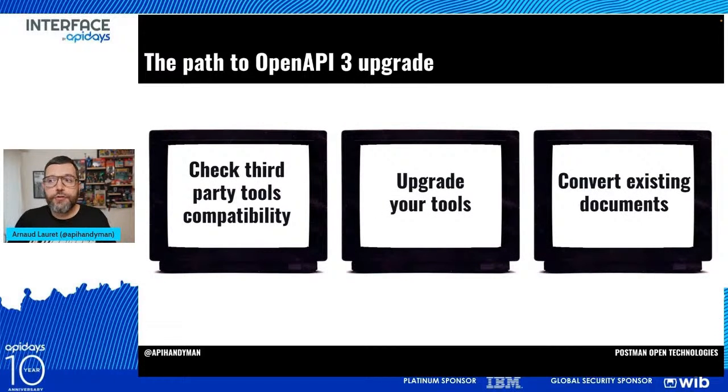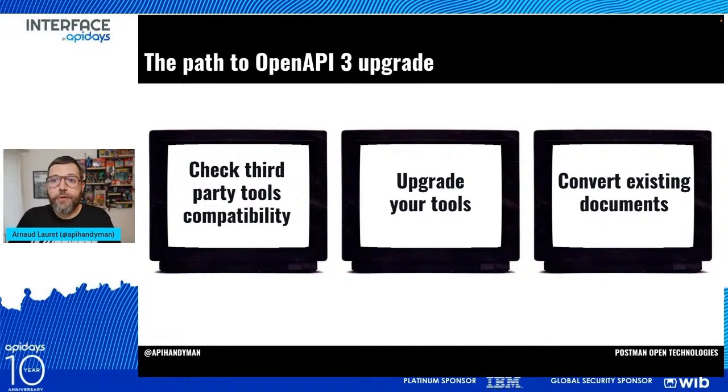The first thing you need to do if you are already using Swagger 2 is to check all the third-party tools you are using, open source tools, but more importantly, vendor tools. Because open source tools are usually up to date and at least support OpenAPI 3. But for vendor tools, sometimes they can take a very long time. I waited for 3 years for my API gateway vendor in my previous organization to do the update. So check with them and don't hesitate to yell at them, to gently tell them that it is time to upgrade to OpenAPI 3 and 3.1.